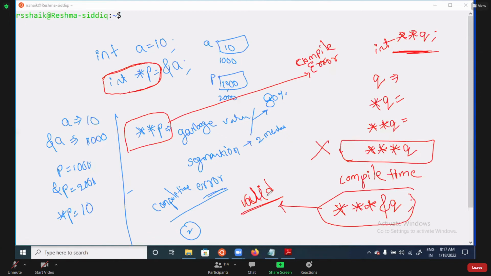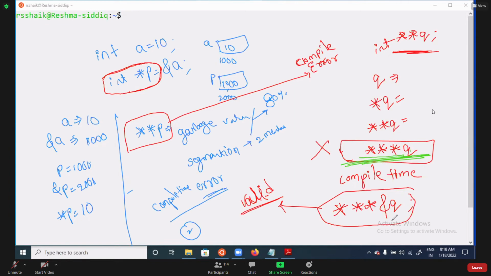Why valid? Try to analyze. Till now there is no problem, right? You can observe here. Why? Because q is a double pointer. You should not dereference more than 2 times, but here you are dereferencing 3 times, so that is an error.